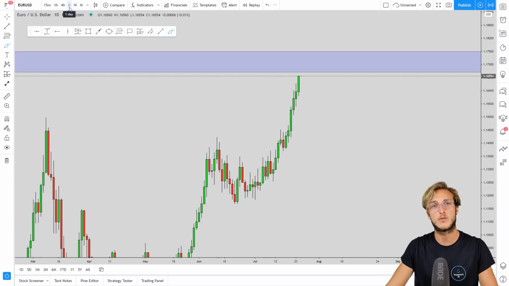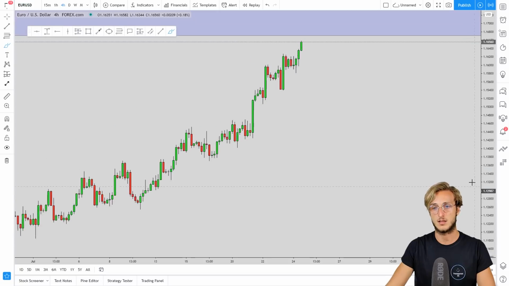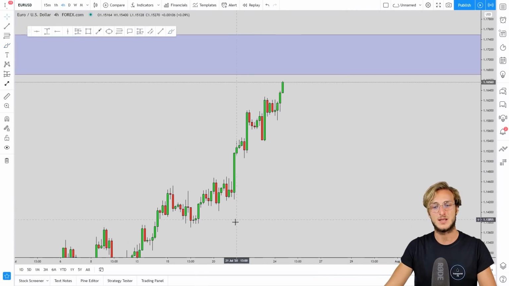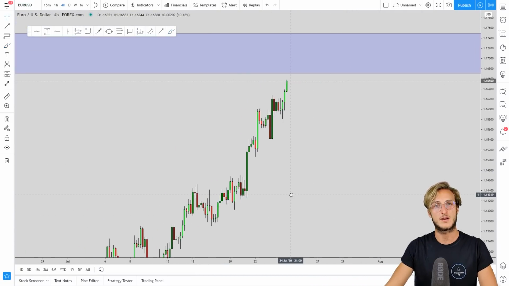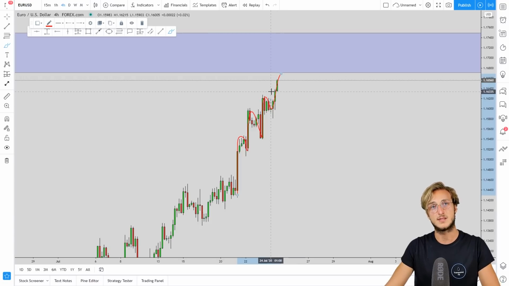But the best time frame for entry is the 4 hours, which is also the best time frame to understand when the market is ready to actually make the move to the downside. And if we go and see what we have on it, we can see that clearly the market has been creating and is creating higher highs and higher lows. The market is just moving to the upside extremely aggressively, creating higher highs, higher lows,